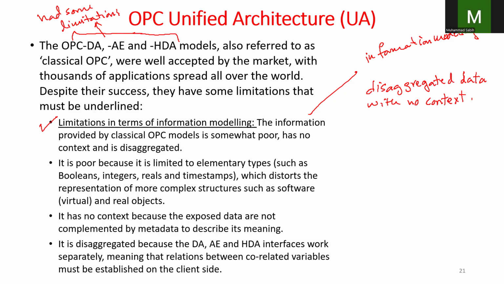They handled only basic data types like integers, Booleans, and timestamps, which made it difficult to represent complex systems like software structures or physical devices in a meaningful way. Since there is no metadata to describe what a variable means, the client has to figure it